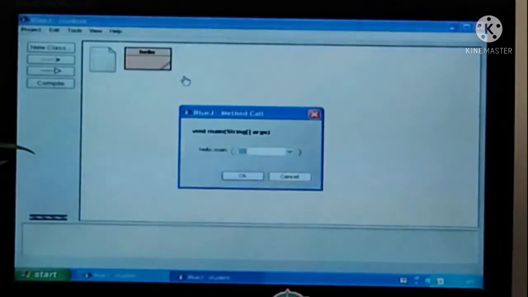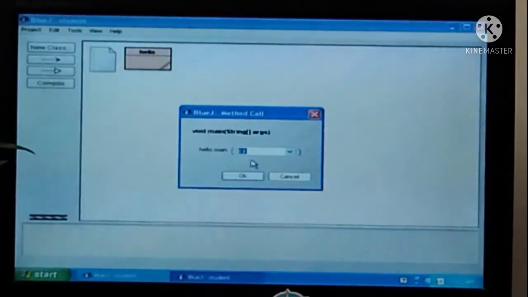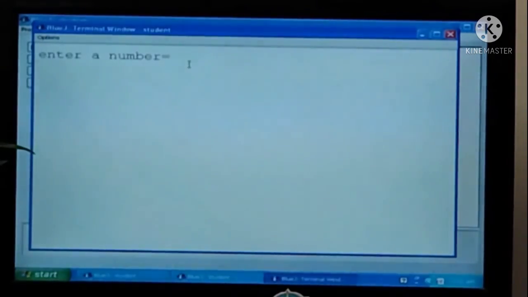Now run. Now see, enter a number again. Suppose I am writing 11, so this is greater than 10, so 121, the square, has been printed. Square of 11 is 121. This is one statement, one condition. Now again, close it. Now check for below 10, so 5.